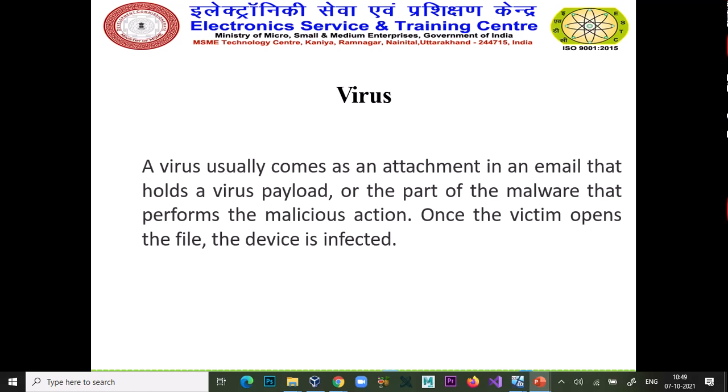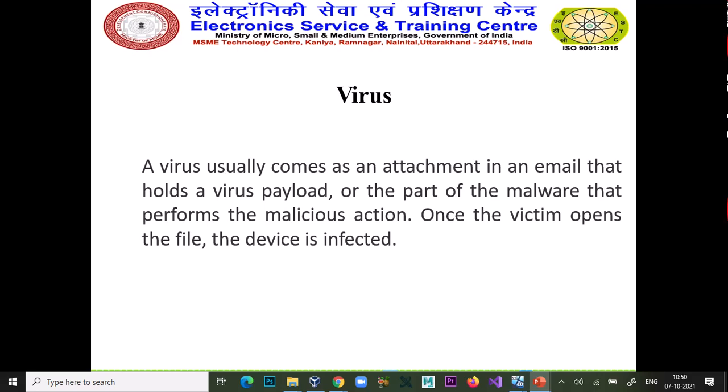Once the victim opens the file, the device is infected. In short, we can say a virus is a piece of code which replicates itself. It is in the form of an exe.